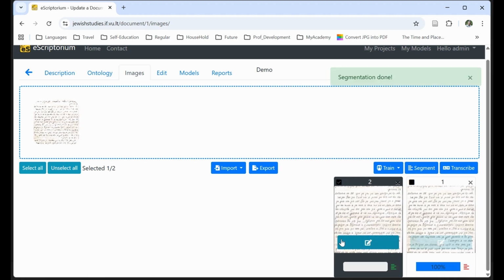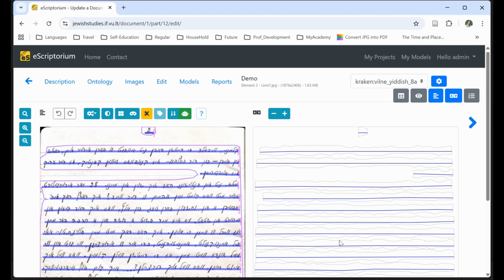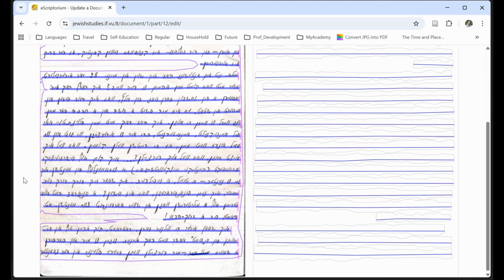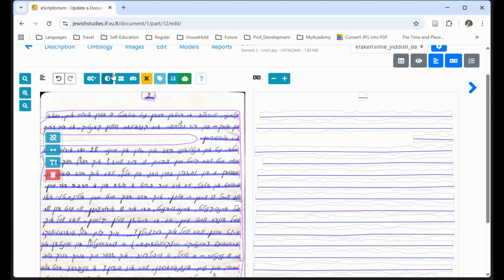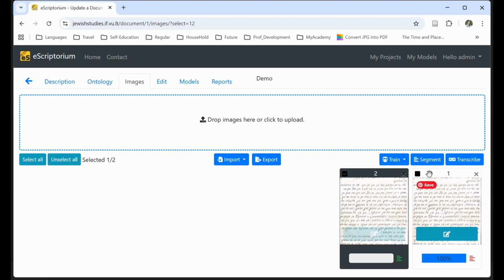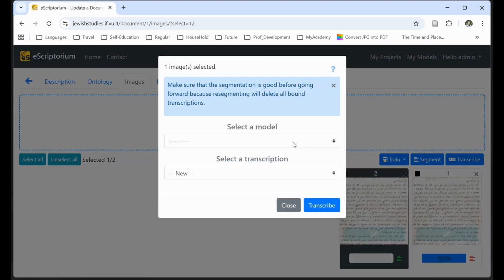Now when it is done, we are going inside, and here we can see how accurately the segmentation was done. At this stage we can change something. For example, here we can exclude the word which doesn't belong and to change some lines. And then we are coming back into images and starting transcribing